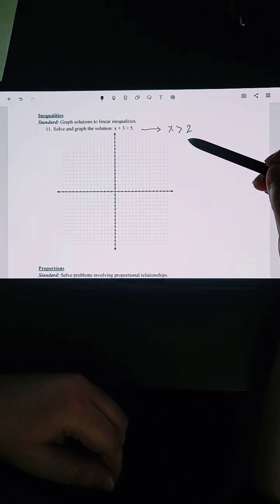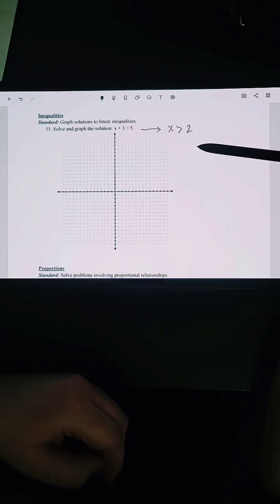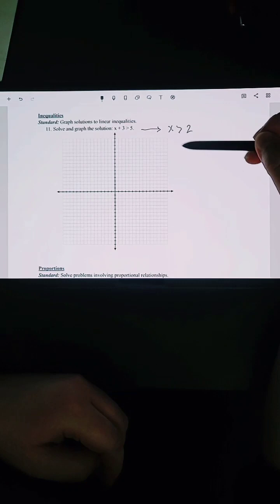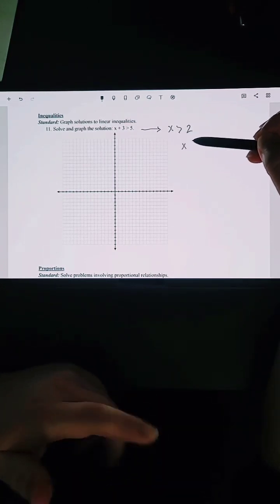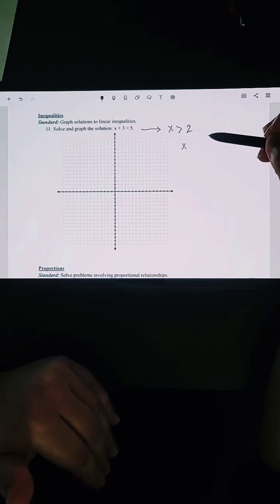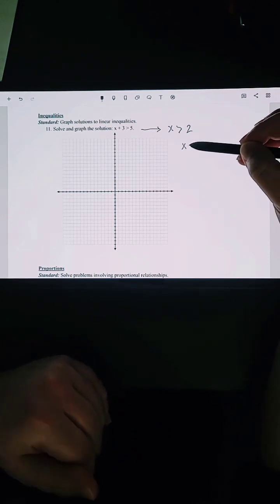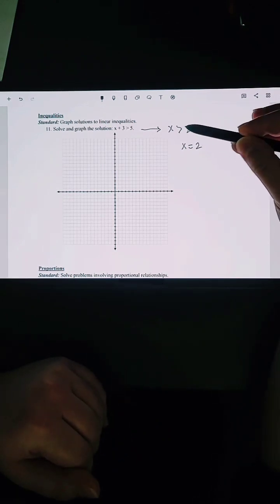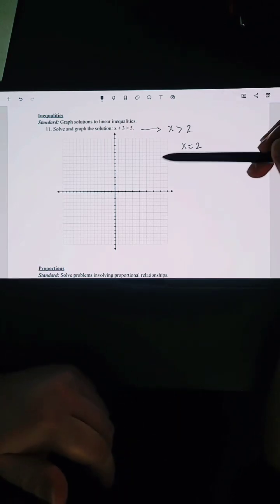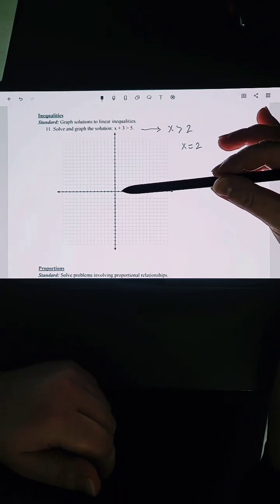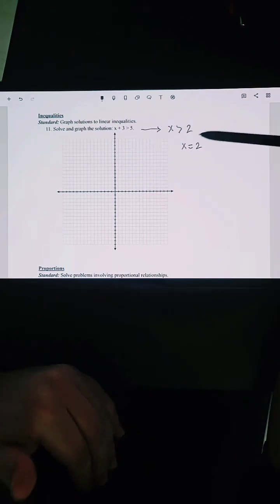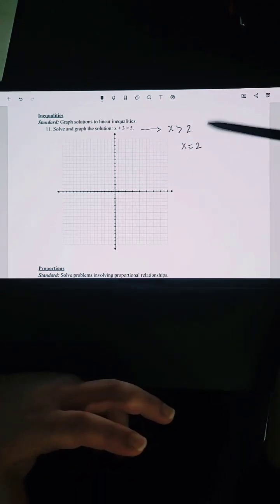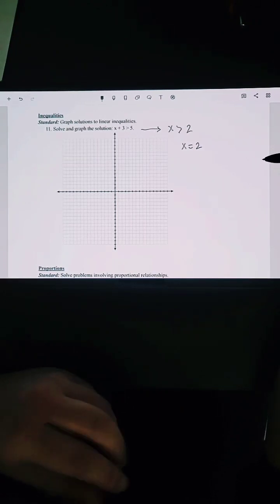When I'm graphing it, I have to think, okay, x has to be a number that is greater than 2. I like to think of it like there's an equal sign there until you have to do the shading and the dotted or solid line part. So pretend that this was x is equal to 2. How would you graph that normally? Well, you would find on the x-axis where 2 is, right here, and you would draw a line through there. You do the same exact thing, except you have to shade in as part of the inequality,